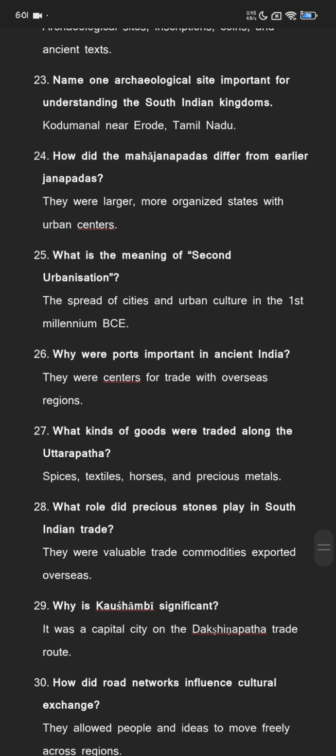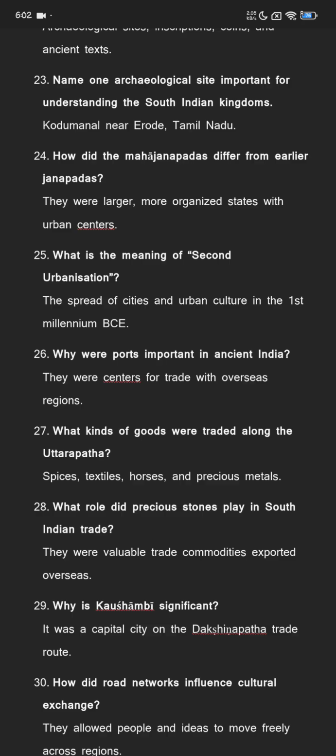How did the Mahajanapadas differ from earlier Janapadas? They were larger, more organized states with urban centers. What is the meaning of second urbanization? The spread of cities and urban culture in the first millennium BCE. Why were ports important in ancient India? They were centers for trade with